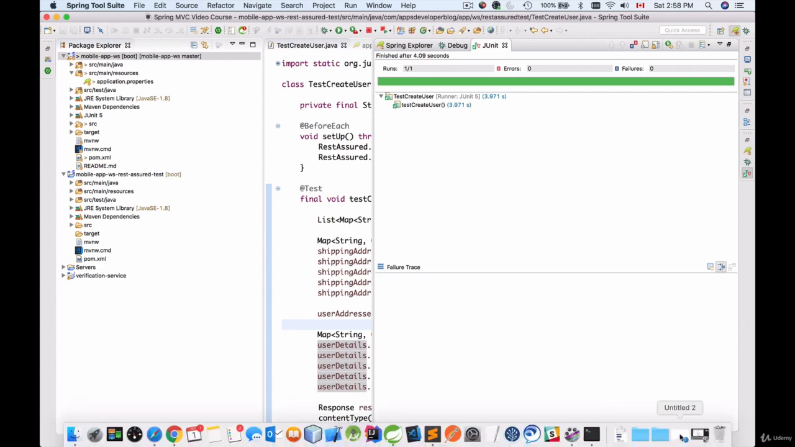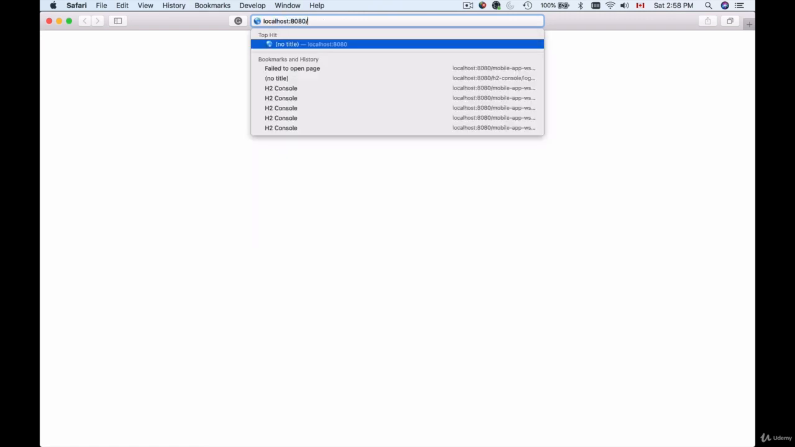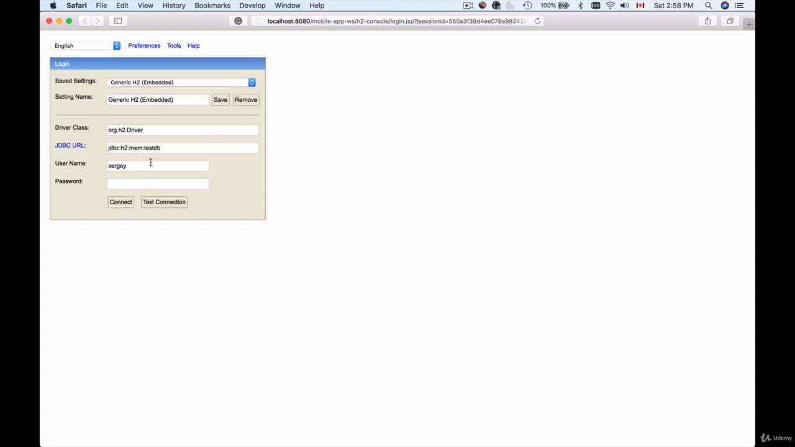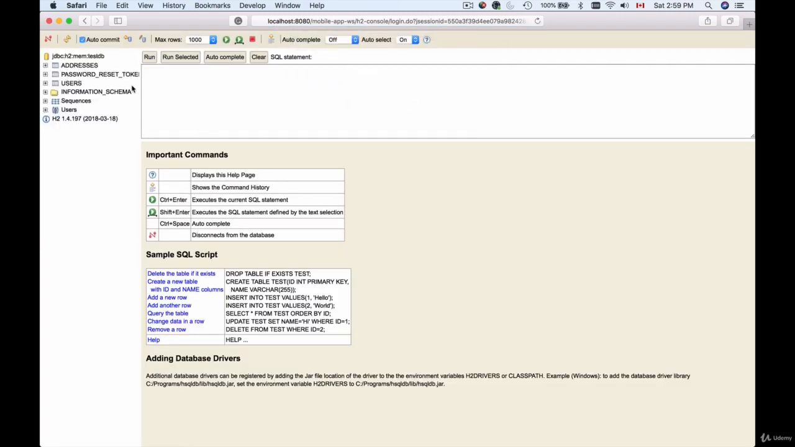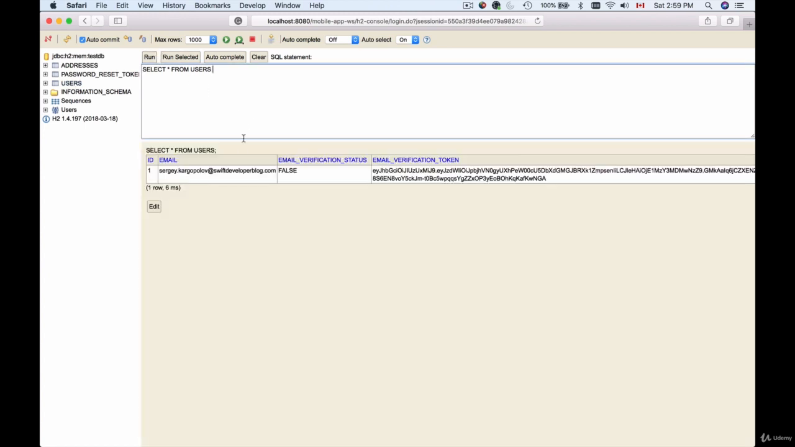So I'll bring up my browser window, and then I will go to localhost port 8080 and then application context, which is mobile app-ws /h2-console, like this, and hit enter. Here's my console. I will log into it and click on connect. So here's my database. I'll click on users table and I will run this query. So I have only one record which proves that HTTP request was sent, and we have one record in the